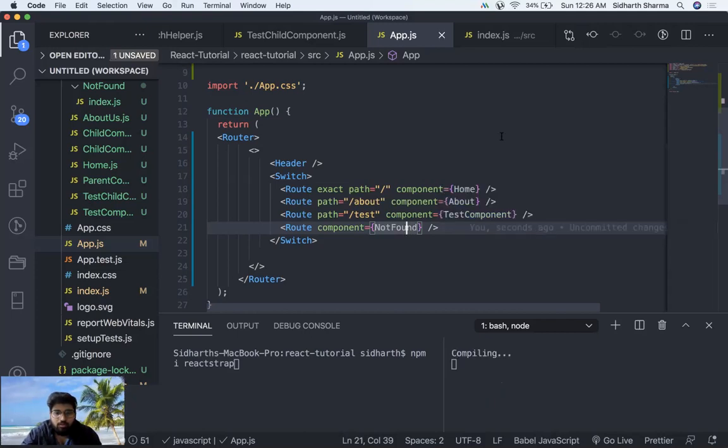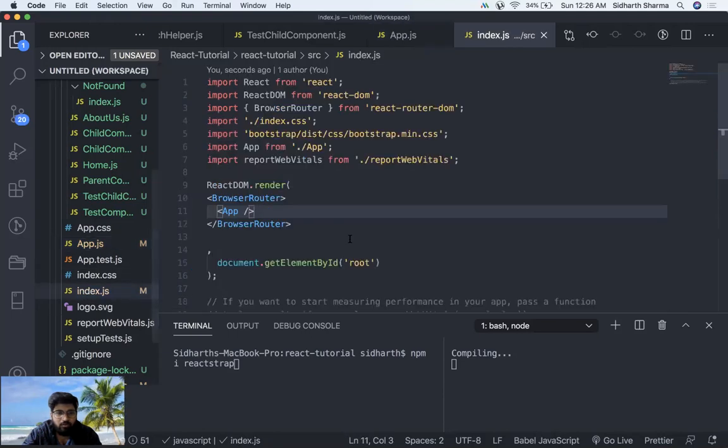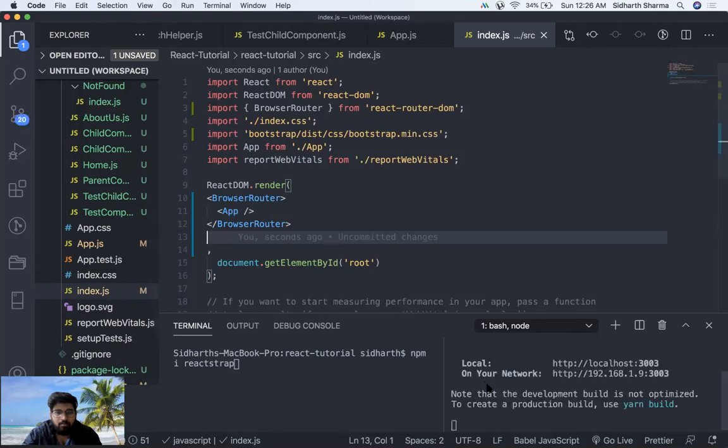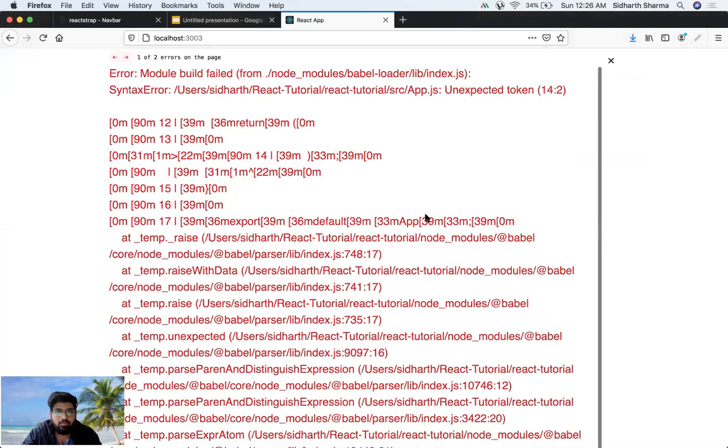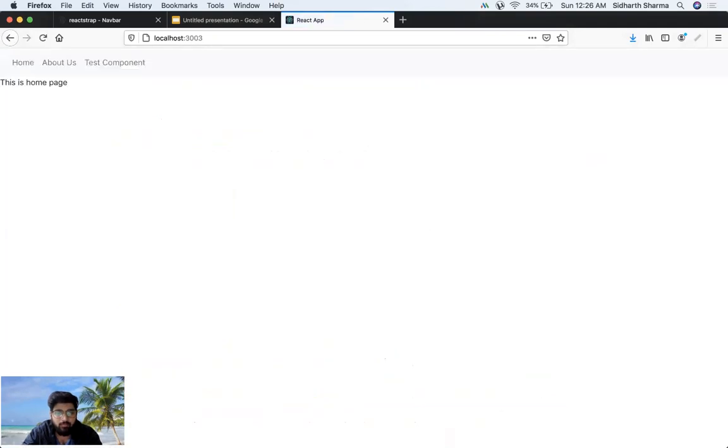Let us see what's happening inside the output. I'm going to save all my files, and it's compiling here. Now I'm going to my React application. You can see it's already showing the navigation bar.